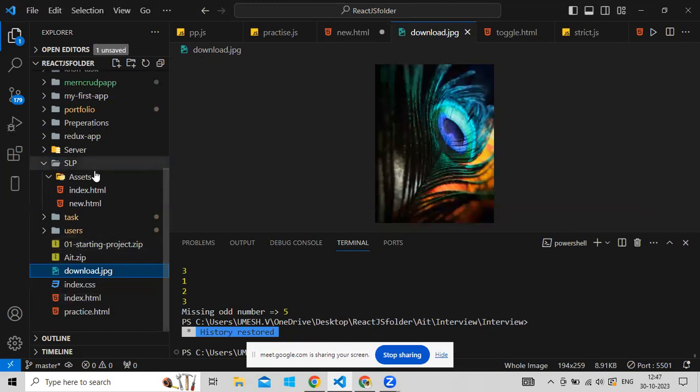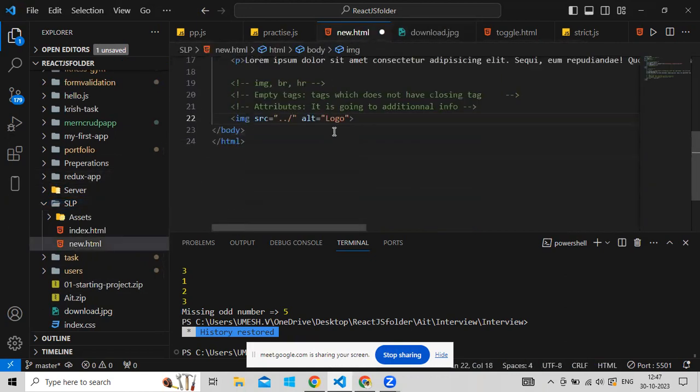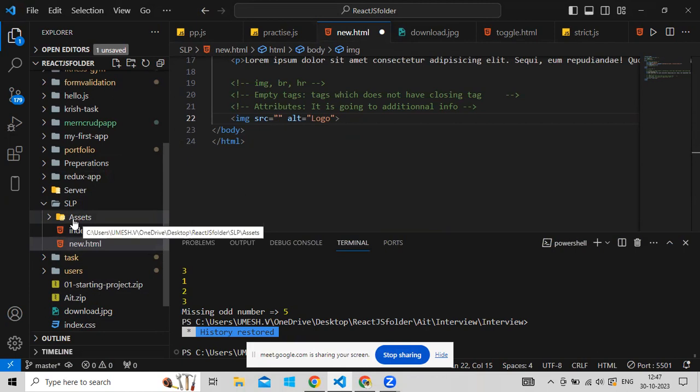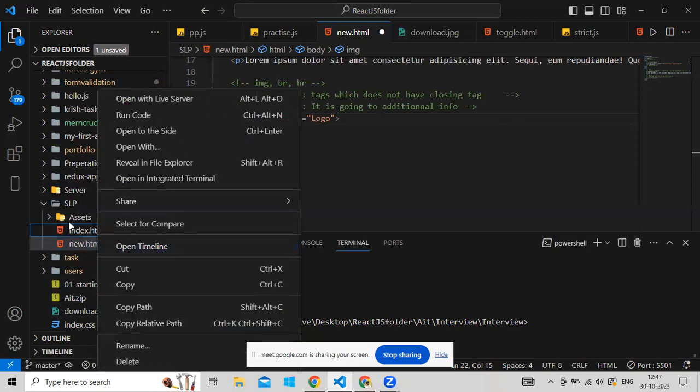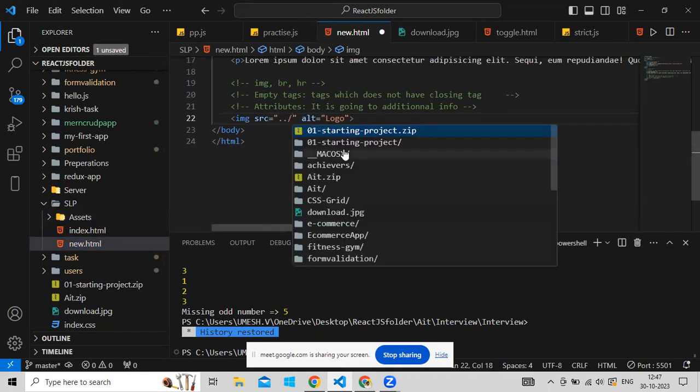Now you can see it is outside the assets and outside the SLP, right? So come here, see the file. Now you tell me the path. If it was in the same folder, we give the name directly or we can give dot slash. But when it was in assets, we gave dot slash assets slash image name. Now it is outside, so how many steps do you need to go back? Yeah, so dot slash, then